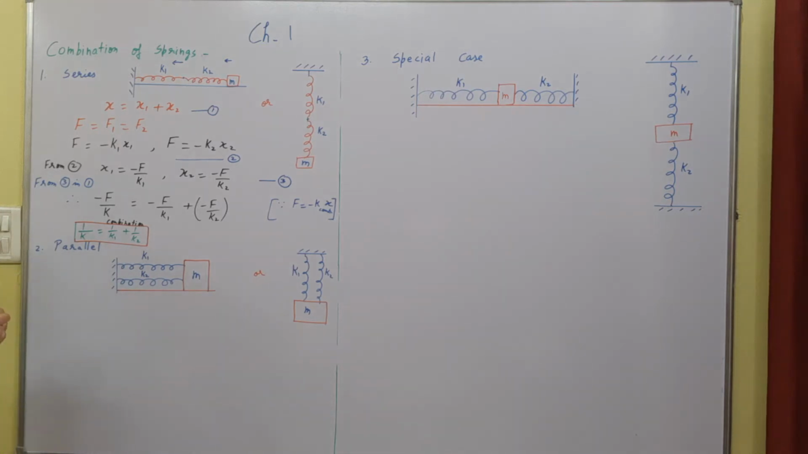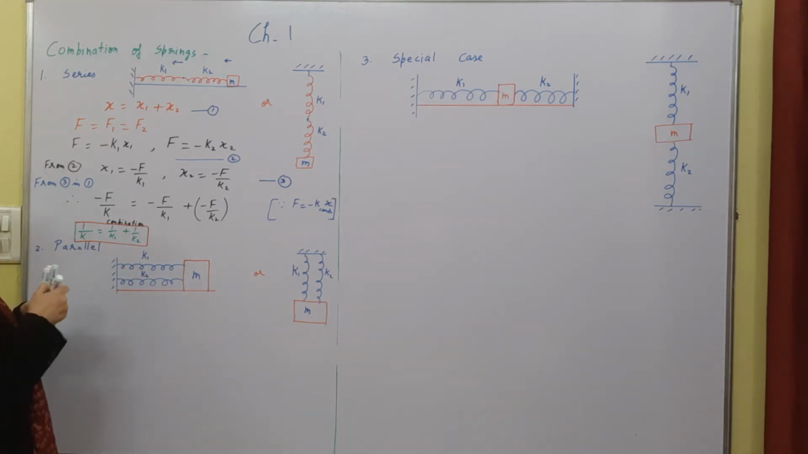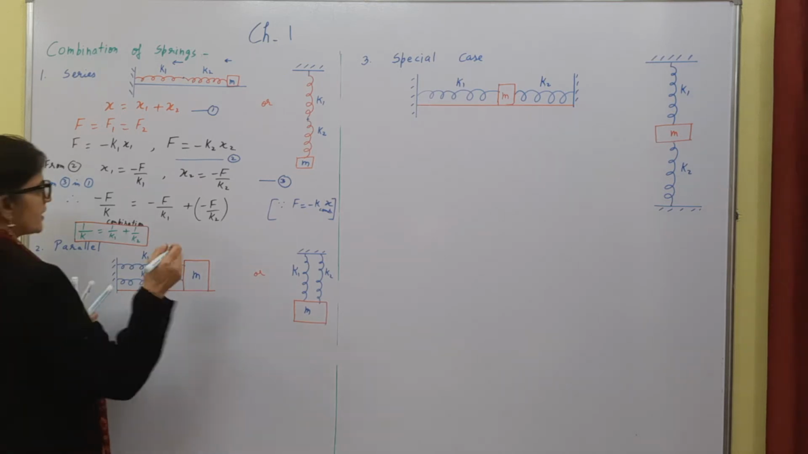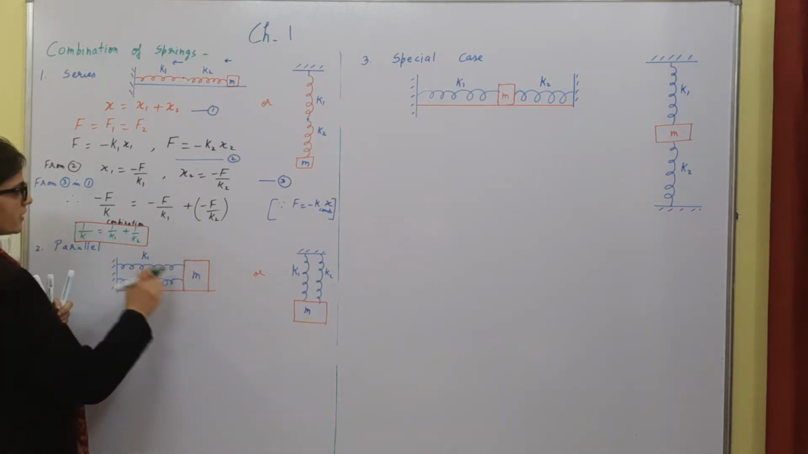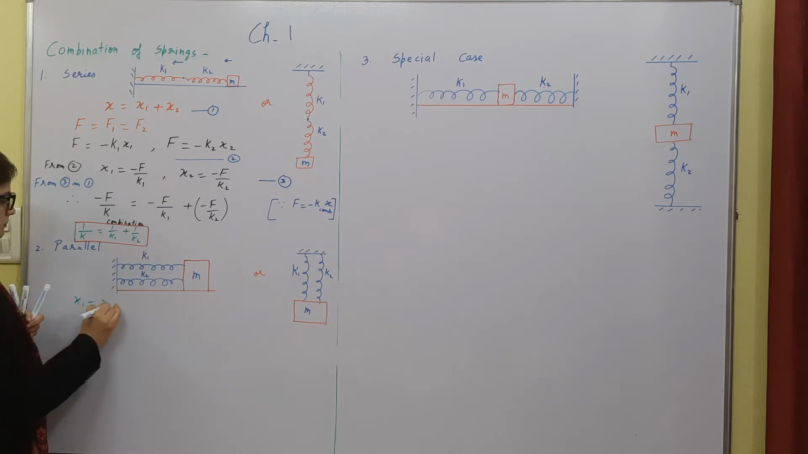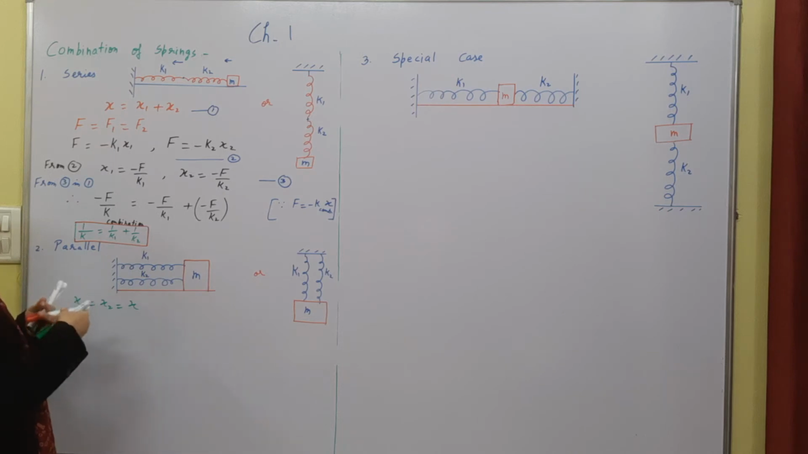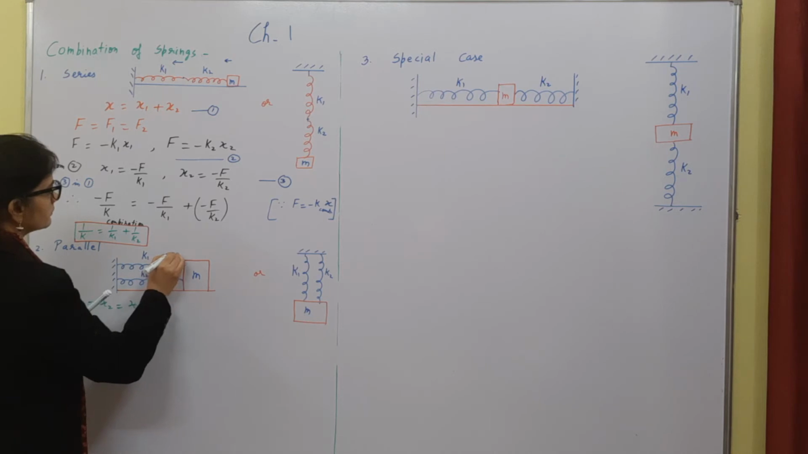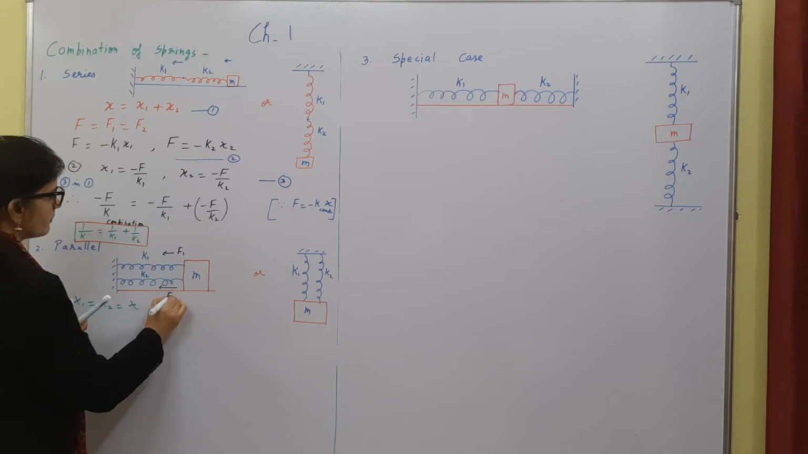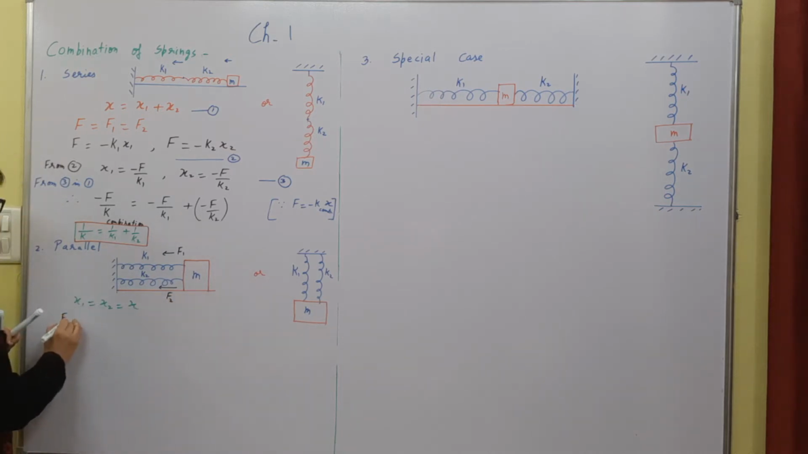Now in case this is a parallel combination, what will happen? When we are extending or compressing it, X will be the same, right? So what will happen? The restoring force will be developed in this spring, that will be F1, and here this will be F2. So net restoring force will be the sum of these two, and this can be written as